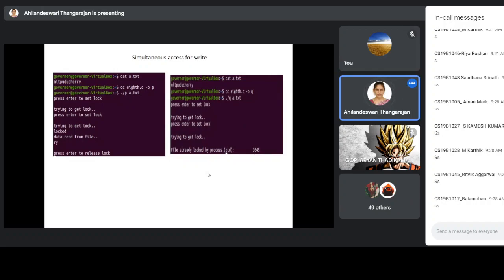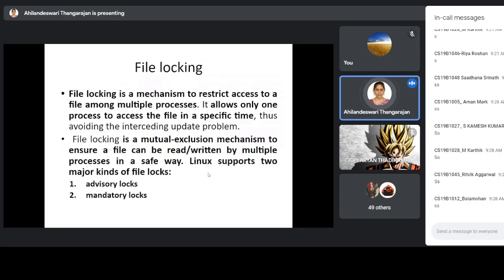Okay. Then next coming to the file locking mechanism. File locking is to restrict access to a file among multiple processes. More than one process may be accessing a file for data sharing operations, so it will restrict the access to a file among the multiple processes.